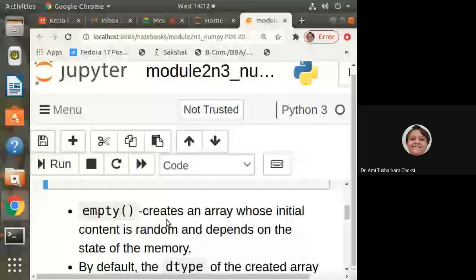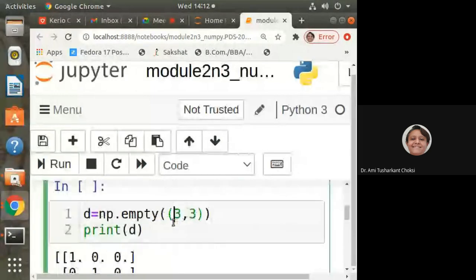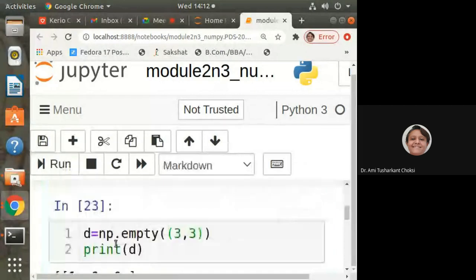Empty creates an array whose initial content is random and depends on the state of the memory. By default, the dtype of the created array is float64. So for that, we can say here np.empty 3, that is 3 rows, 3 columns size.